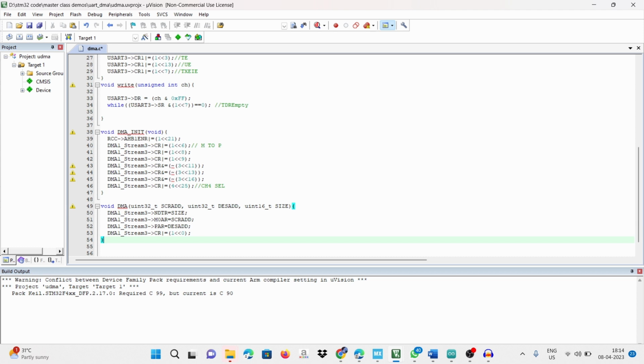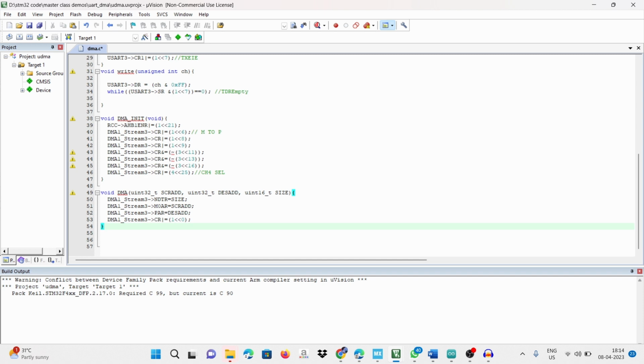So next we are going to create the int main function. Before that,